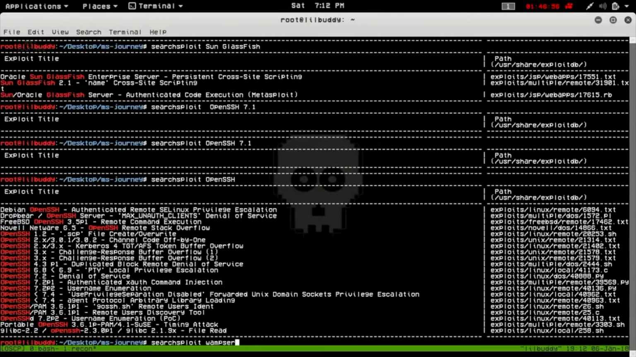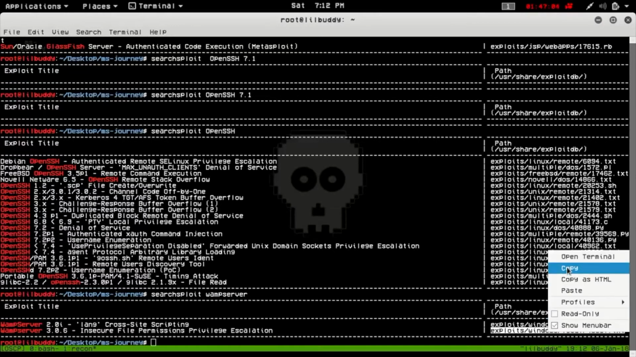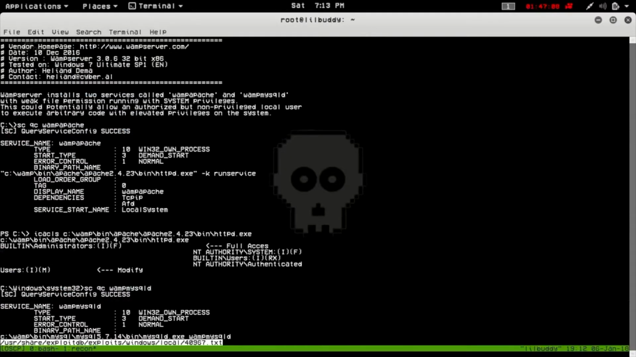server. Insecure file permissions privilege escalation. That might be useful later. Let's look at it. See, the web server installs two services called WMApache and WMSPD with weak file permissions running with system privileges. This could potentially allow an authorized but non-privileged local user to execute arbitrary code with elevated privileges on the system. So